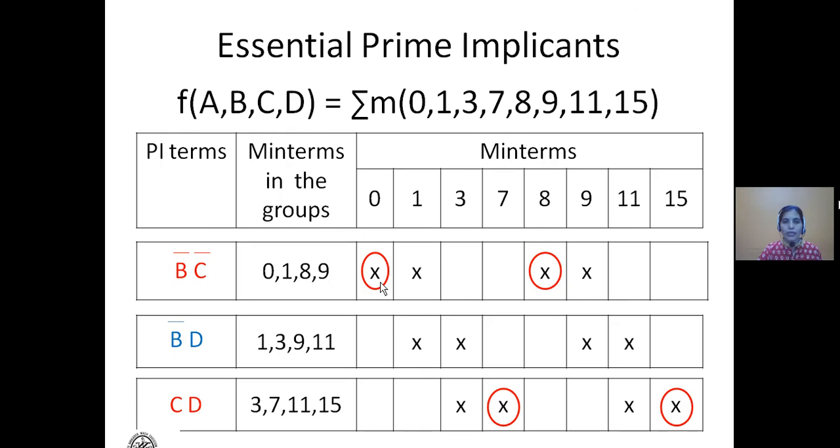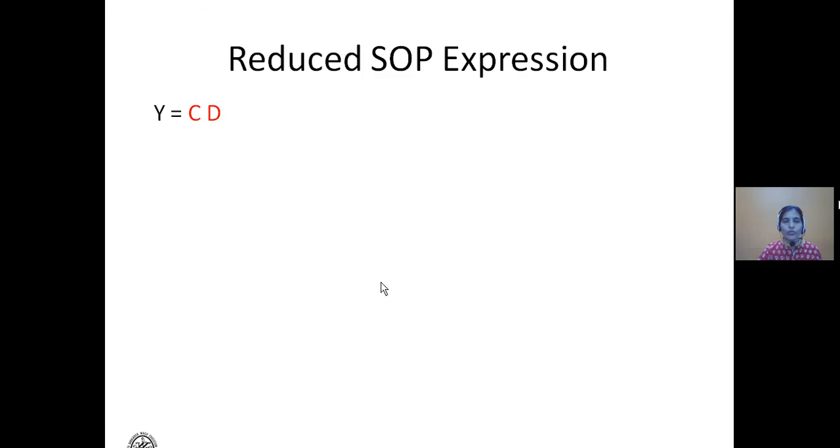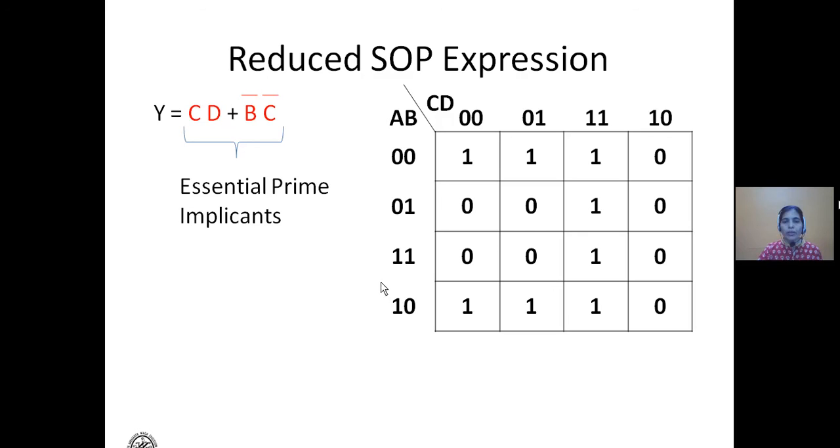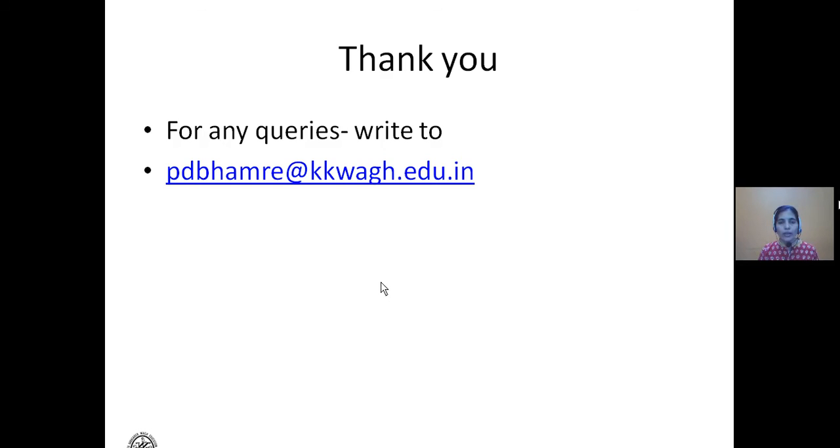These are the min terms which are the essential ones because they cover the min terms essentially only once. So the reduced expression for this particular Boolean expression is Y equals CD plus B bar C bar, and these are the essential prime implicants. These are the same prime implicants which we had obtained using the K-map at the start of this session, and therefore this Quine-McCluskey method is demonstrated using this Boolean summation of min terms.